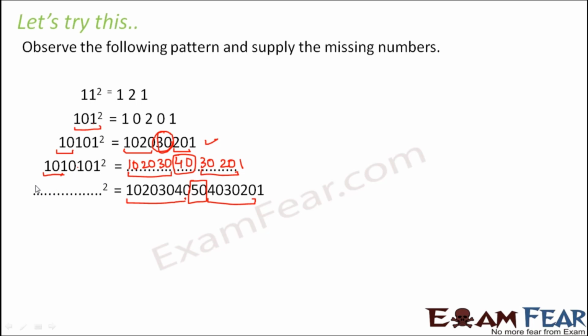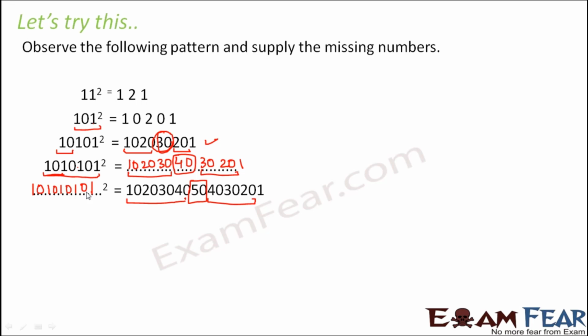So what will happen in this step? One more 1 0 will get added, and then this entire number, that is 1 0 1 0 1 0 1. So in this fashion, just looking at the pattern and analyzing it well, you can fill up the blanks